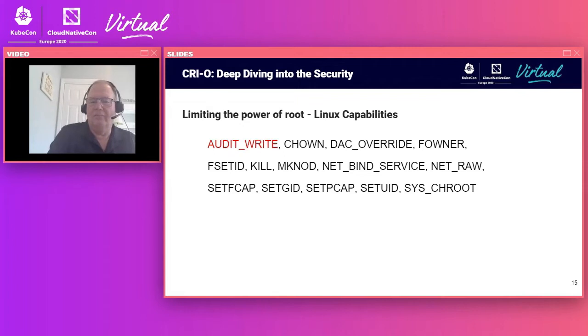So, for instance, this one is audit write, and audit write is the ability to write to the auditing subsystem. So Sascha showed you looking at AppArmor errors in an audit log. The audit write allows you to modify parts of the auditing system, to manipulate the auditing system. So why would we have that on by default in